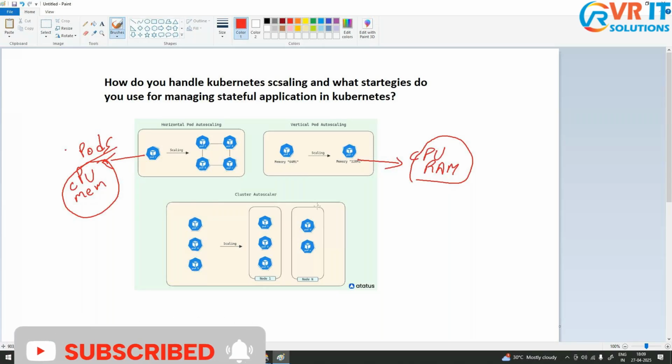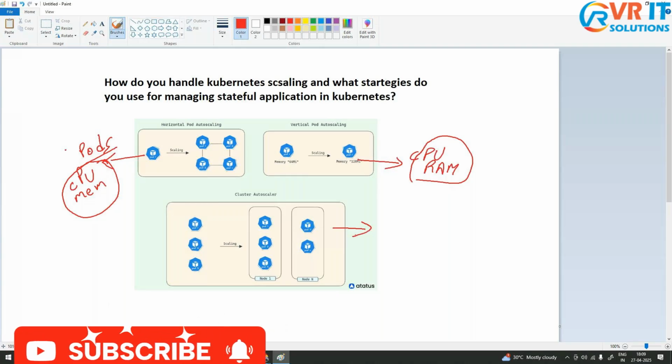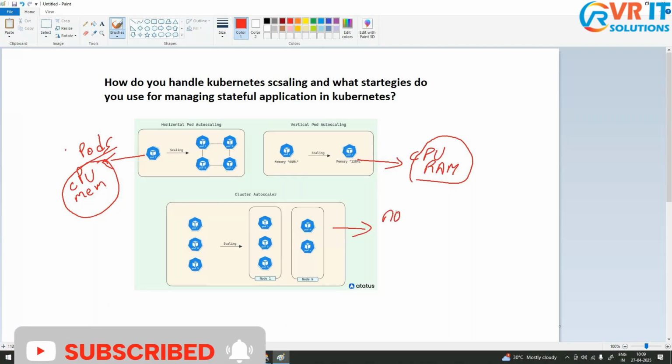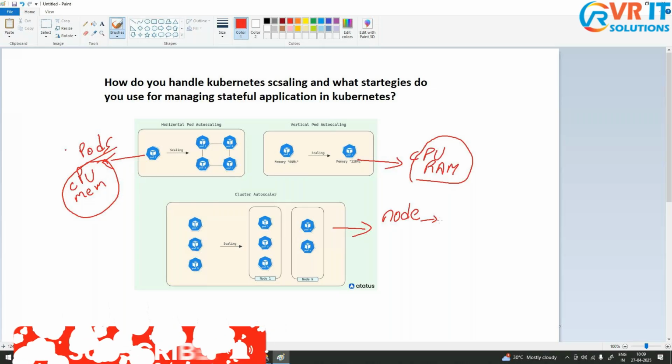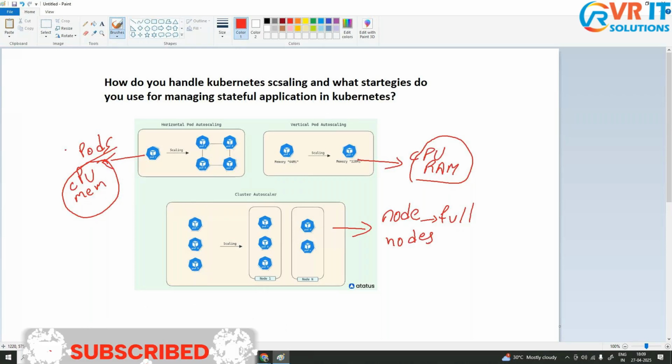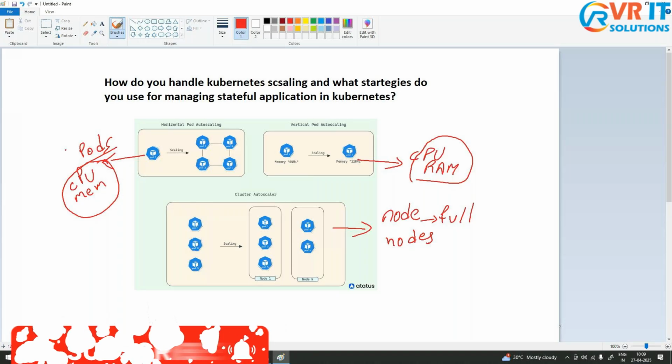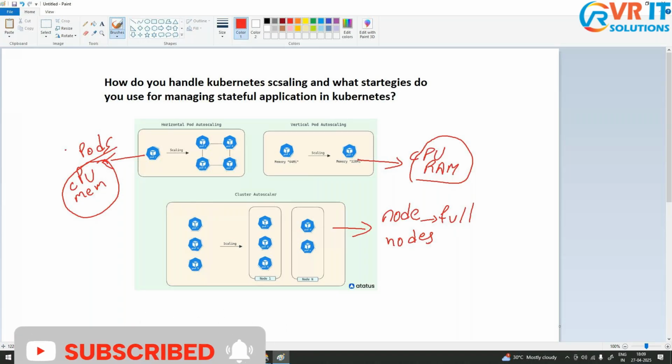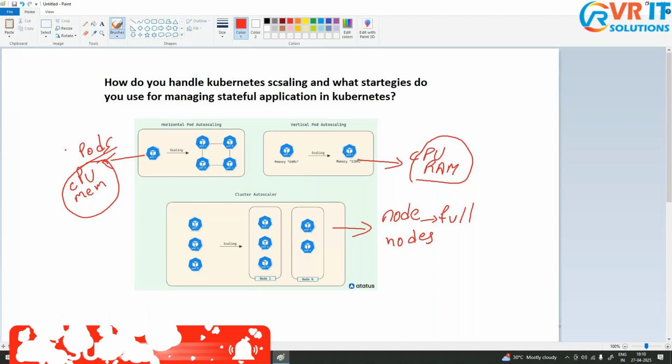And whereas we had the cluster autoscaler. For example, if the node where you are deploying the respective pods is full, Kubernetes can add more nodes automatically. In Azure Kubernetes Service, we had a built-in cluster autoscaler. We specifically use this service in a situation where, for example, pods are required but in your node there is no space, it automatically adds one more VM to the cluster and creates the